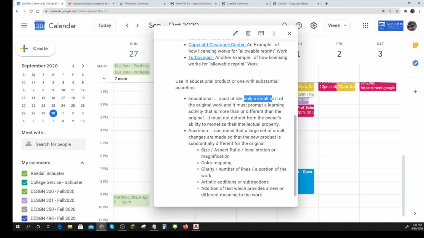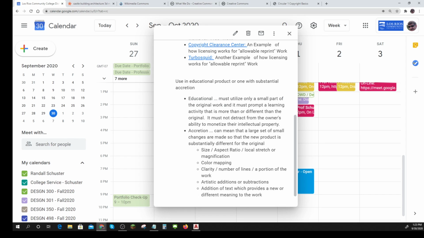You can use a small part. So as an example, I could use 60 pages out of this book that I use in my department. So you must utilize only a small part of the original work. So if I was going to use, let's say, somebody's cool artwork, Gary Larson, there's somebody. He does really funny cartoons. And I'm going to use a piece of his artwork in the background of a Minecraft thing. And I'm just going to stick a little picture of one of his cartoons on the wall.